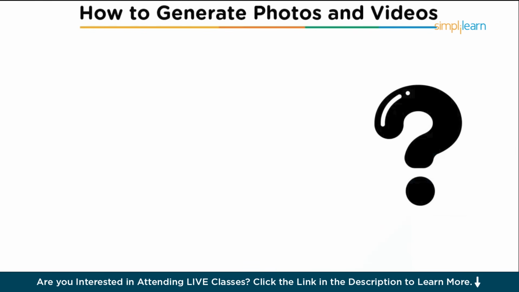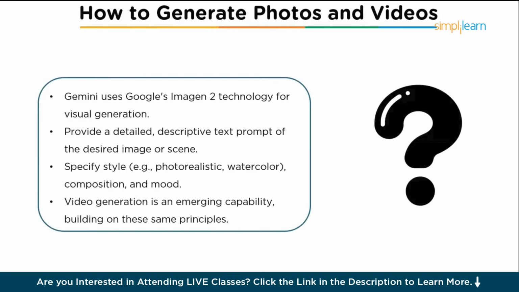Now, let's look at how Gemini can generate photos and videos. Gemini uses Google's Imagen 2 technology for visual content creation. To generate an image, users simply need to provide a detailed descriptive text prompt that clearly explains the desired scene or subject. You can also specify the style, for example, whether you want a photorealistic image, a watercolor painting, or any other artistic effect. In addition to style, you can mention aspects like composition, lighting, and the mood to get